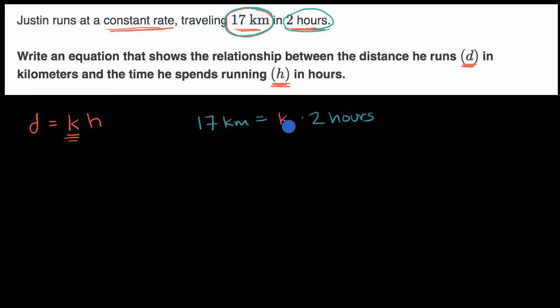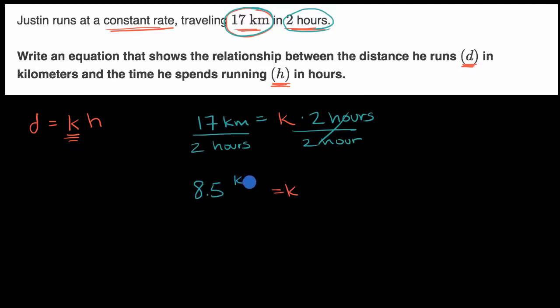Pause the video again and see if you can figure it out, if you didn't figure it out the first time I asked you to pause the video. All right, well, there's a bunch of ways to solve for k, but one way is to say, let's just divide both sides by 2 hours. So if you divide both sides by 2 hours, you are going to get that k is going to be equal to 17 over 2 kilometers per hour, which is 17 over 2 is